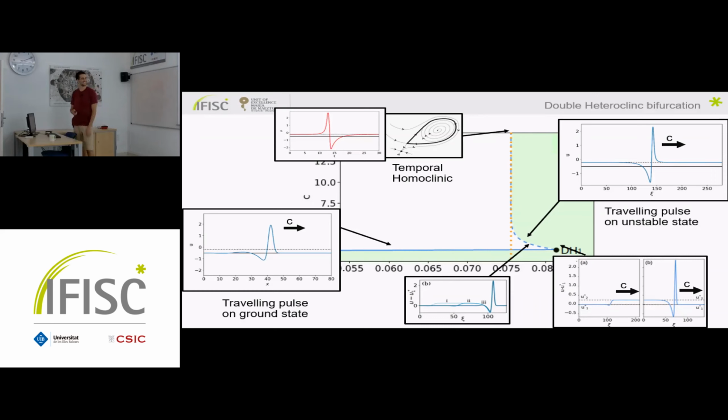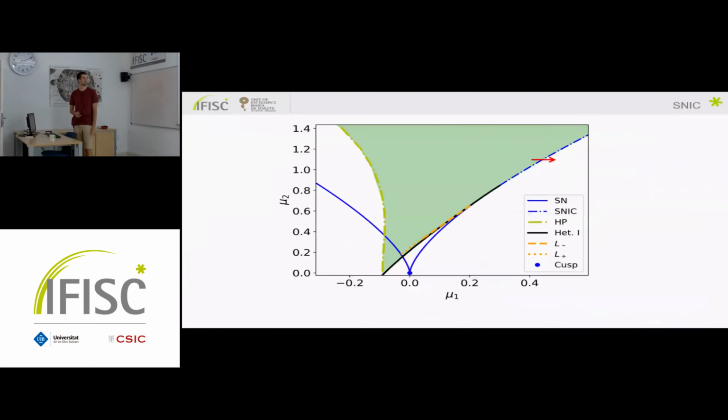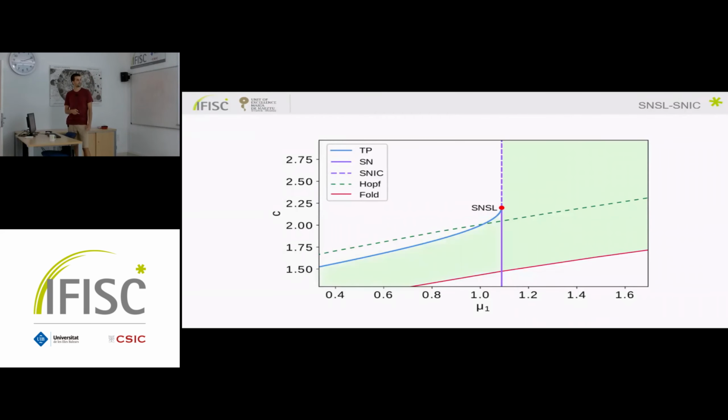Nice. Sorry. Now I'm going to give some results on this system. For example, what happens when we approach the SNIC. In the SNIC, as I told you, here we have the local excitability. Here appears this point, and here we have the cycles. And we are going to approach this region, looking at the traveling pulses. We get something like this. Here I'm putting again the velocity as a function of the control parameter.